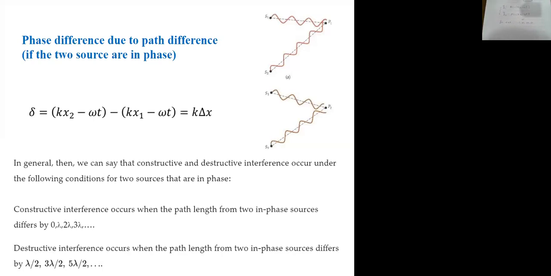For one period, and then add a 4 pi, it will repeat itself as well. So in phase really means this guy is equal to 0, 2 pi, 4 pi, 6 pi, etc. So then this is constructive interference. Constructive. On the other hand, if delta equals to